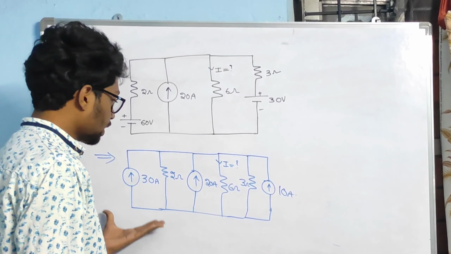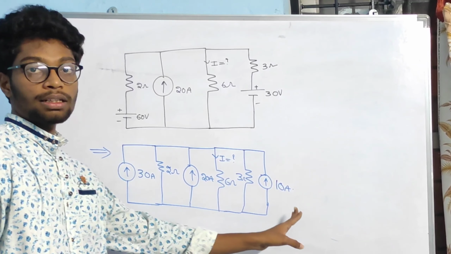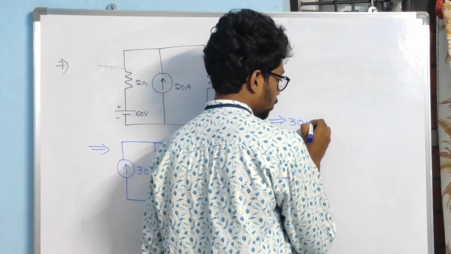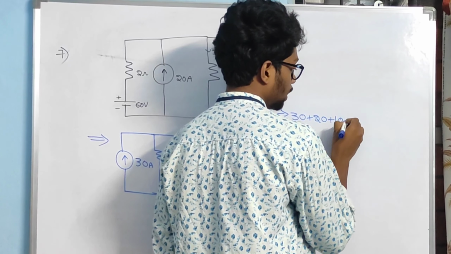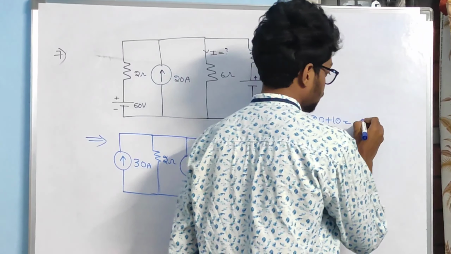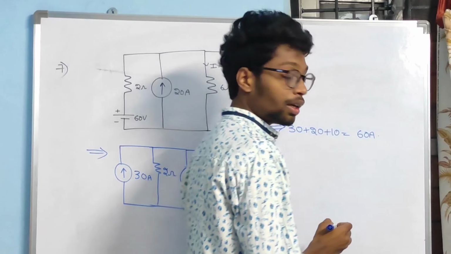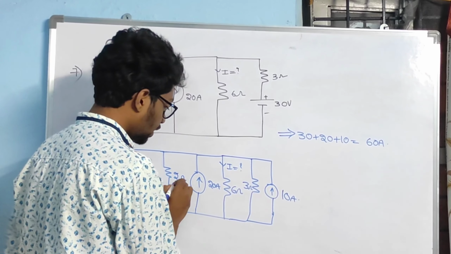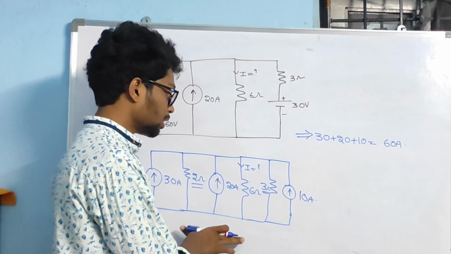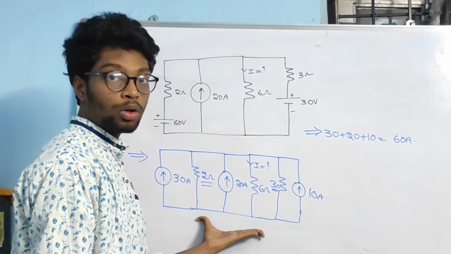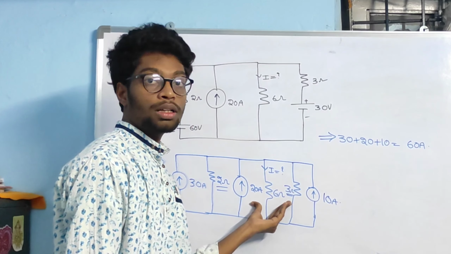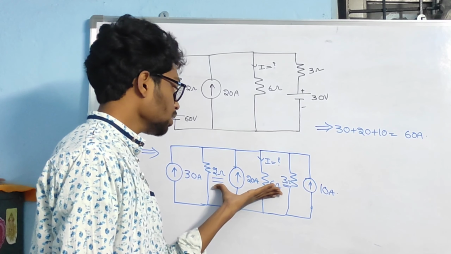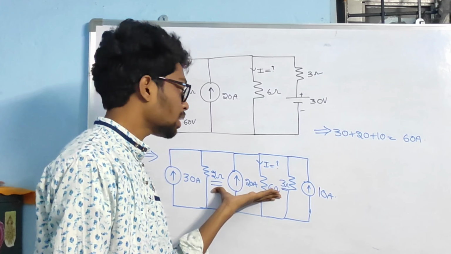After adding up the 3 currents, we will get 30 plus 20 plus 10. I am adding the 3 currents, 30 plus 20 plus 10, and we will get a total of 60 amperes. As these two resistances are connected in parallel, I am finding the equivalent resistance of 2 ohms and 3 ohms in parallel. Yes friends, we can do that, no problem, as we did not break any rule that will change the current through the 6 ohms.